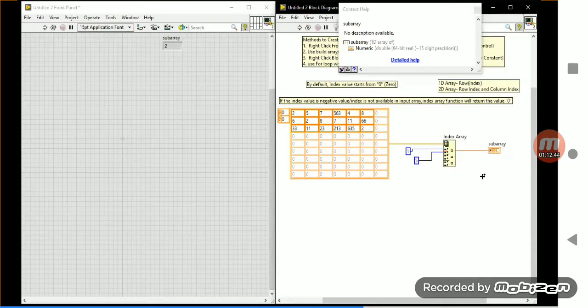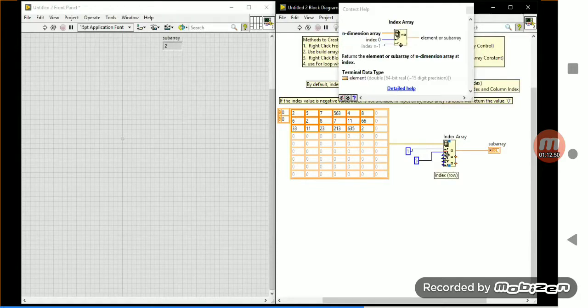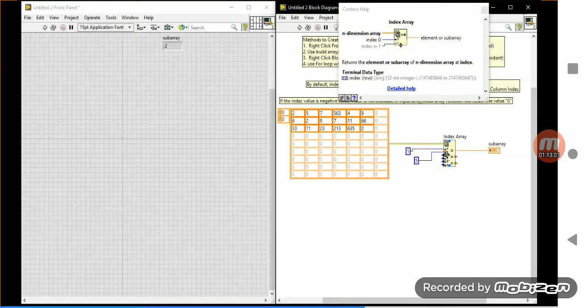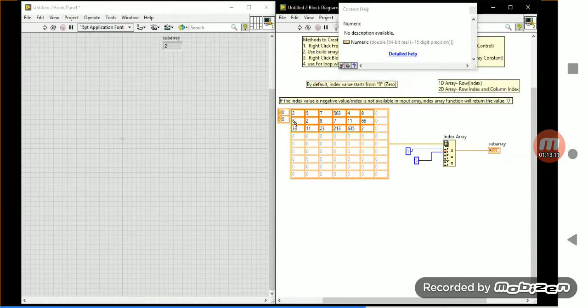Answer. First row, fifth column. Always the first terminal will represent the row: first row, fifth column. I'm telling you that. 11, 5. Okay, 5 is not there now. Then how? 66. So index will start from 0. Don't start from 1. So this is the 0th row, and this is the first row. First row, 66.